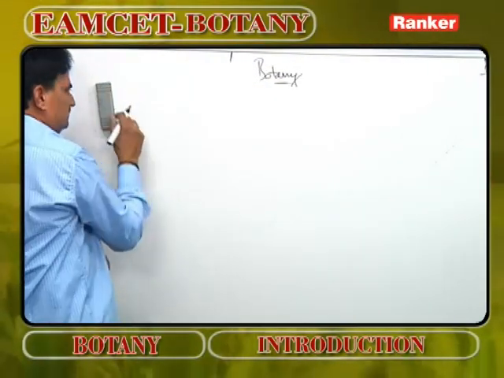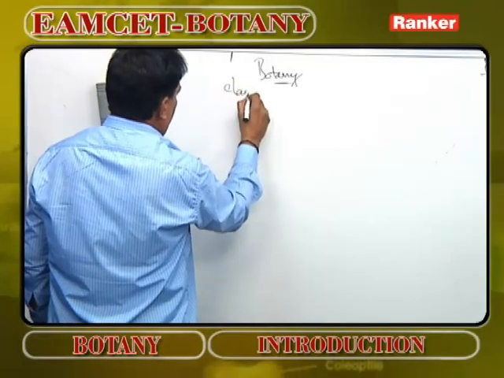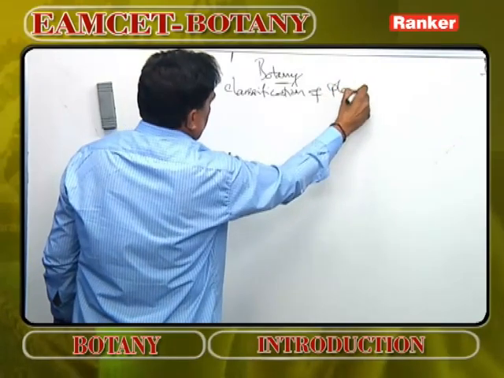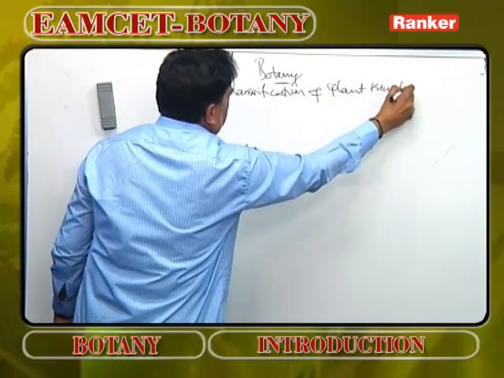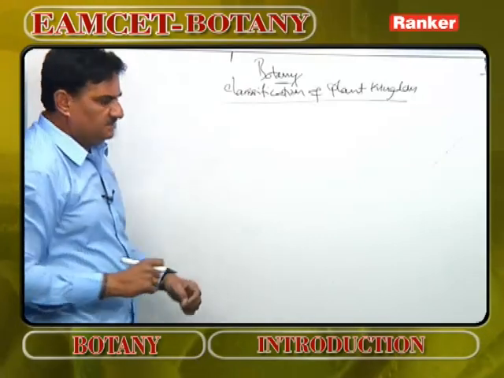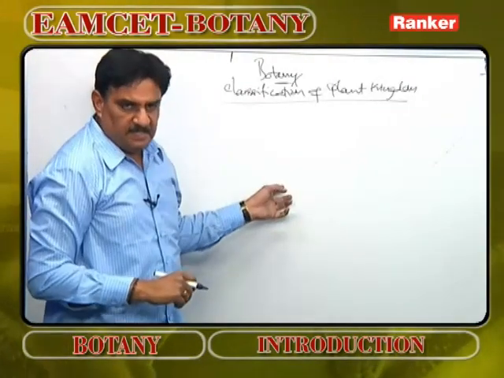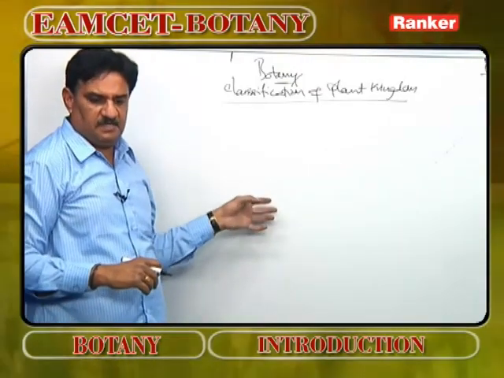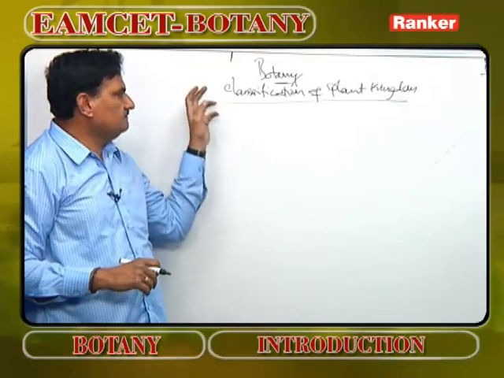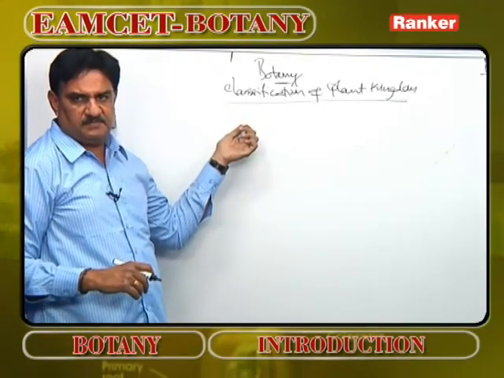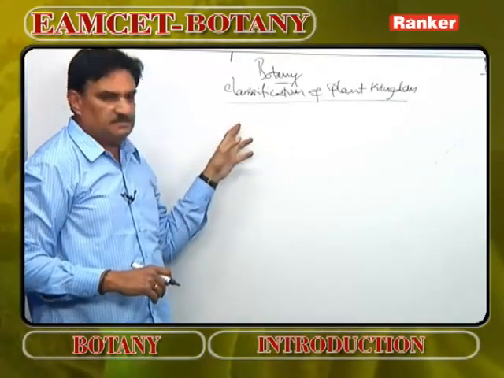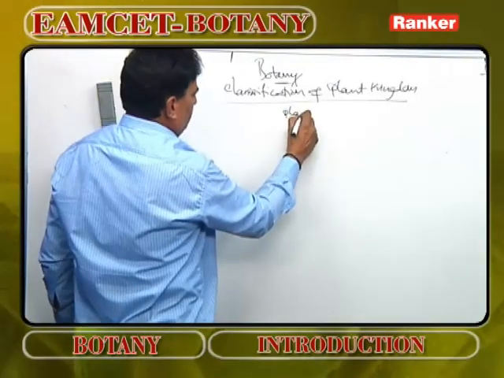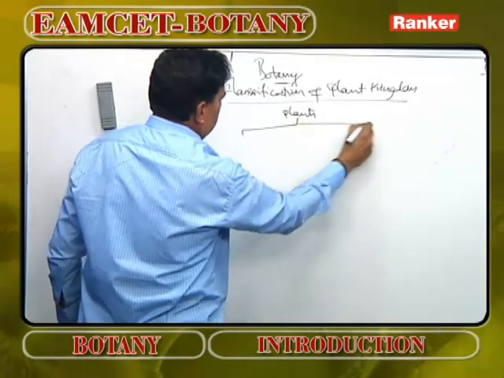Now coming to the last aspect in the introduction, classification of the plant kingdom. After the branches, this is the last aspect in unit 1. First we discussed various ancient times, present day, 16th, 17th, 18th, 19th, 20th century and many other things. Then we discussed how plants are useful in day-to-day life. Then we discussed what the branches in botany are. Now classification. Plants are broadly classified into two categories. One is